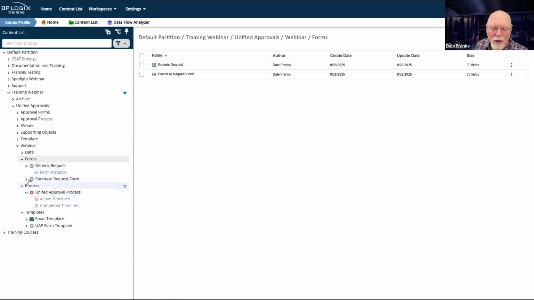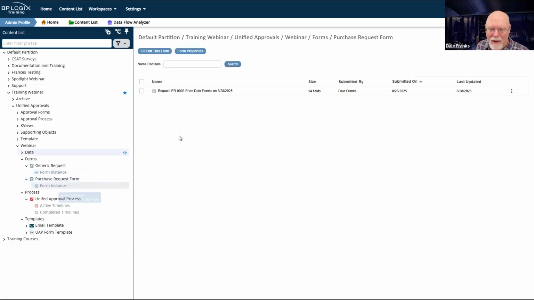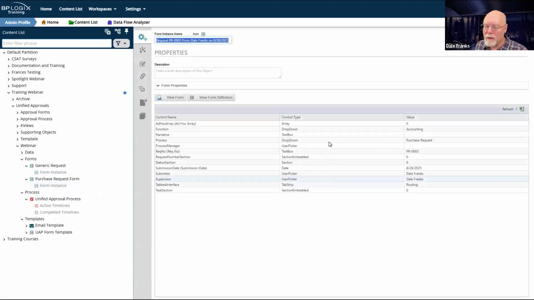I'm going to go to my purchase request form. And unfortunately, I don't want to change my form to make that field visible because it would require changing the definition. And I've already thrown it in the invisible portion. I don't want to have to go back and do that, but I am going to have to fix this problem on the form because it's expecting a specific user. So we're going to open up the form properties for that user. And process manager is blank.